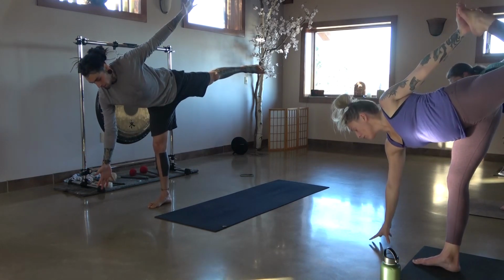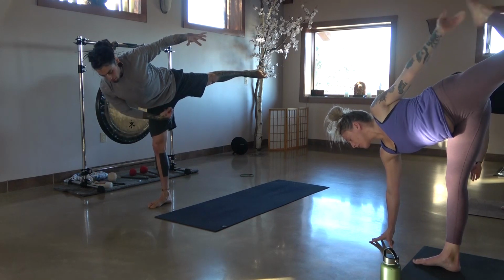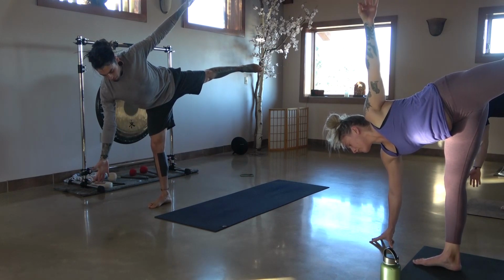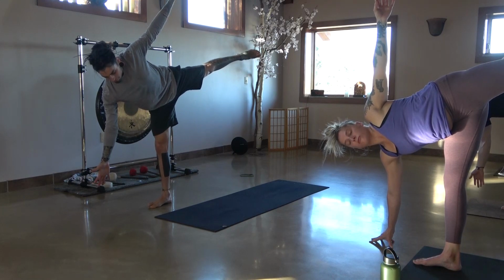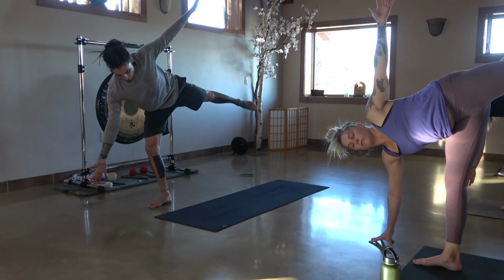Let the right hand come down, extend through that left leg. And then again, try not to arch in the low back. So that means tuck the tailbone, pull that pubic bone towards the belly button. Open up through the chest. Take a breath here. And the next exhale, let the left foot come down to the back of the mat